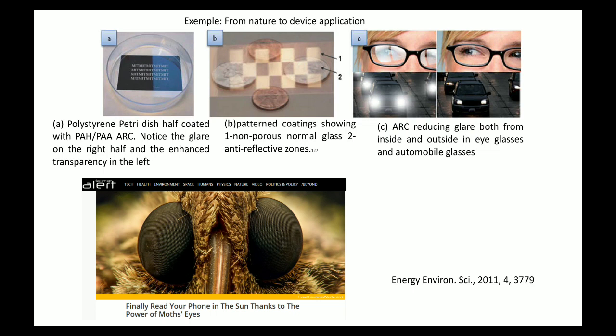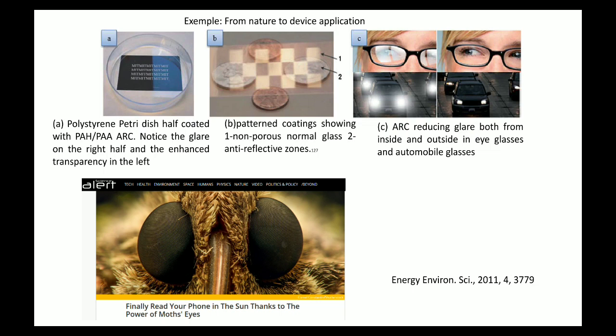So what scientists did is they understood the structure of the moth's eye and how it is working. You can see in the moth's eye there is no reflective image. Even when the image is taken very close to the moth's eye, there is not a single point of light. It means it completely reduces the reflection.